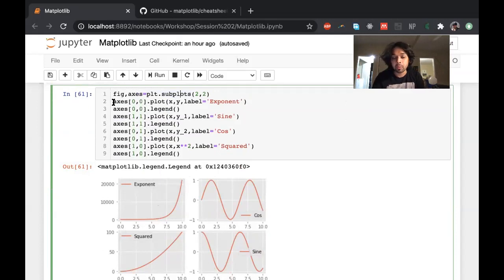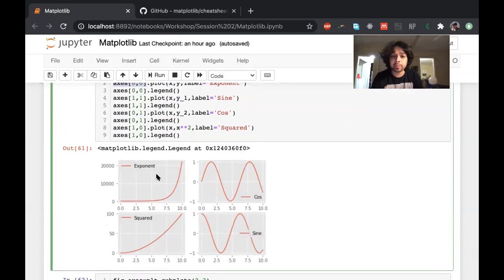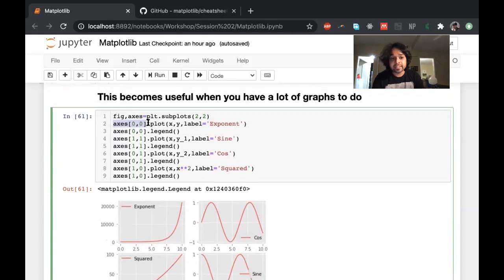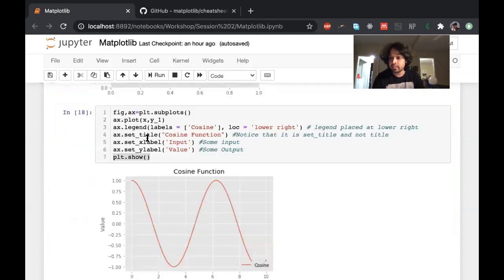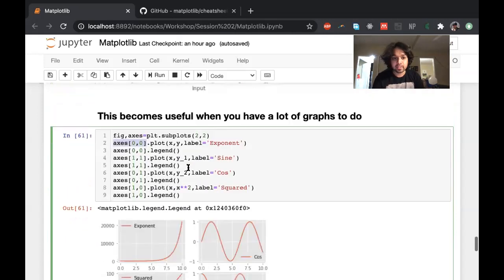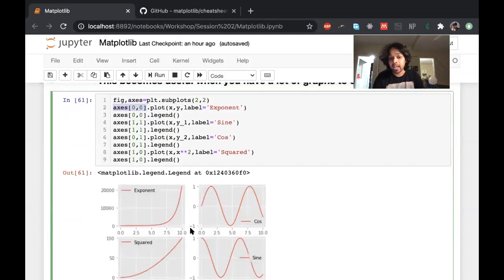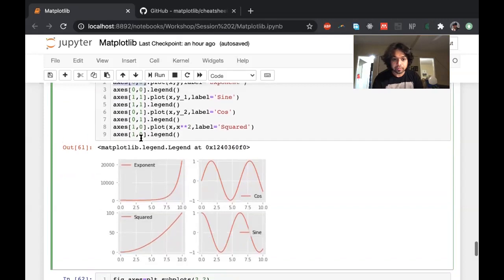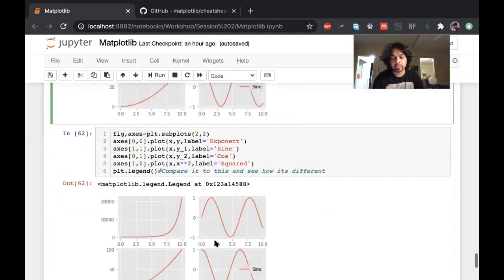I index these similar to a NumPy array, so this would be 0,0, 0,1, 1,0, 1,1. And for each of these, I use a similar interface to create my graphs. It's important to control where exactly it's getting created. So this is how it gets created.